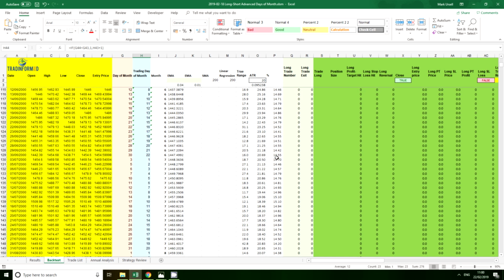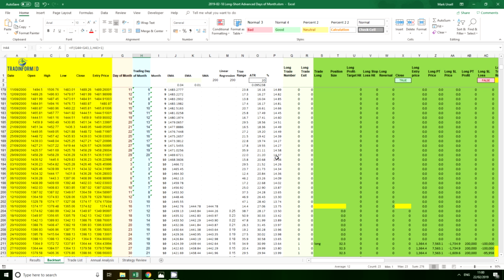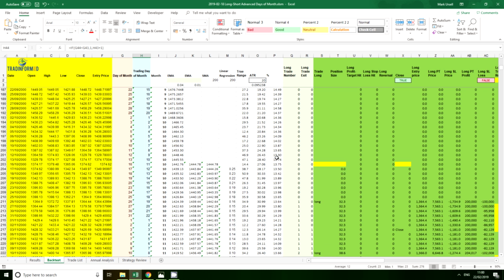And there is not an awful lot going on in this model. I've got some filters that I'm going to explain in the second part of this video series. But what we are doing basically is entering a trade when we hit a certain trading day of the month and exiting on another. If you remember the shape of the charts that we looked at before, where we saw